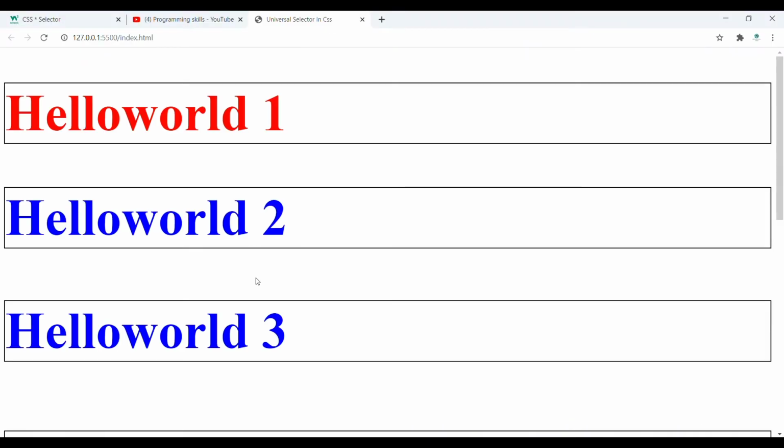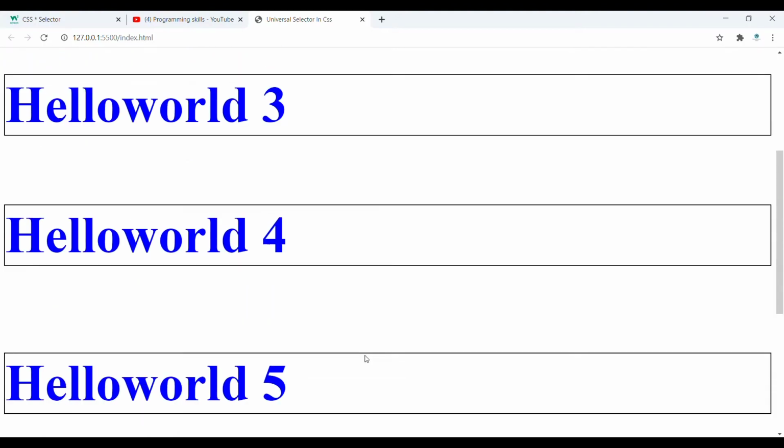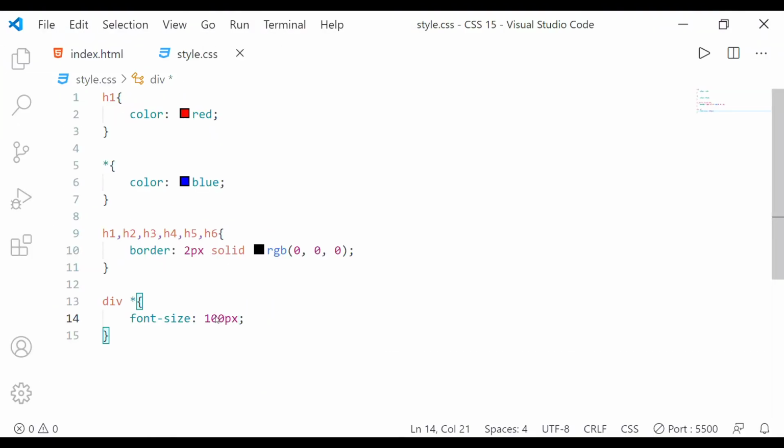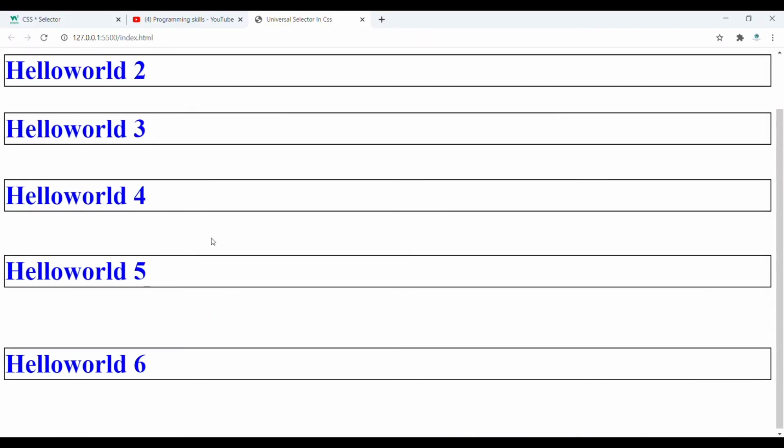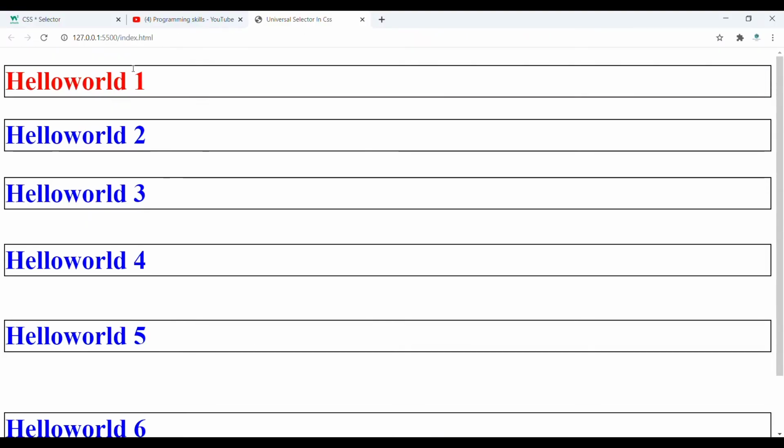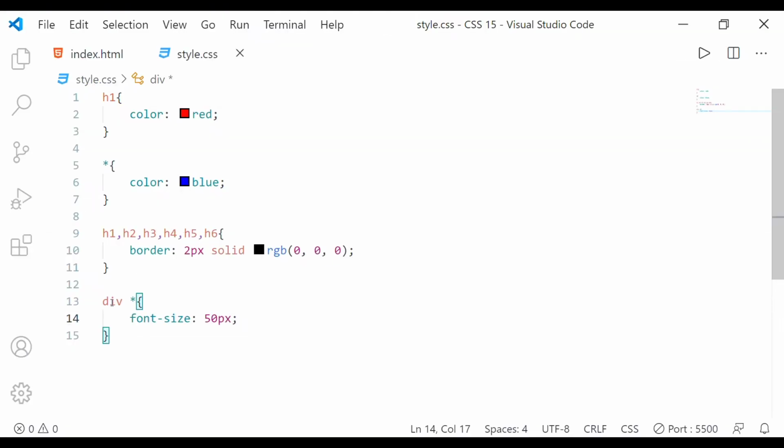When I go to my page, you can see everything inside the div is now 100 pixels. I can make it 50 pixels so it fits on one page, because we can select everything inside the div. This is known as selecting elements inside an element.